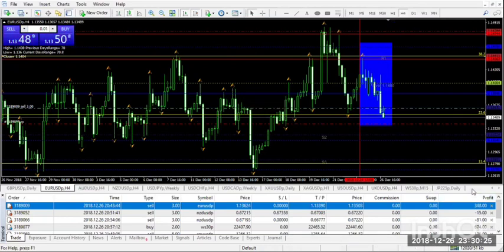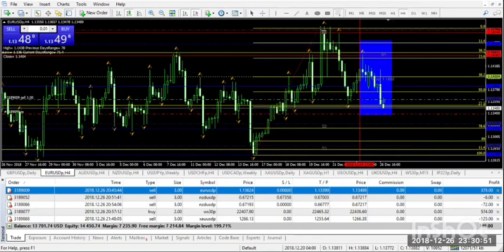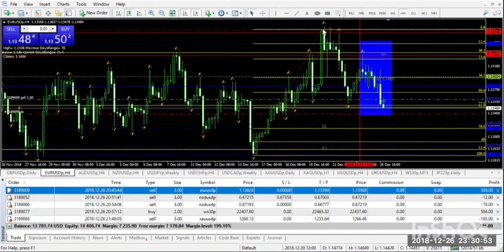You see, why do I trade with large lot sizes? Because I'm paying attention to all of the rules and factors. For example, here I have a sell signal based on a candlestick, and also the pivot has been open. And the third point is that based on Fibonacci, the price